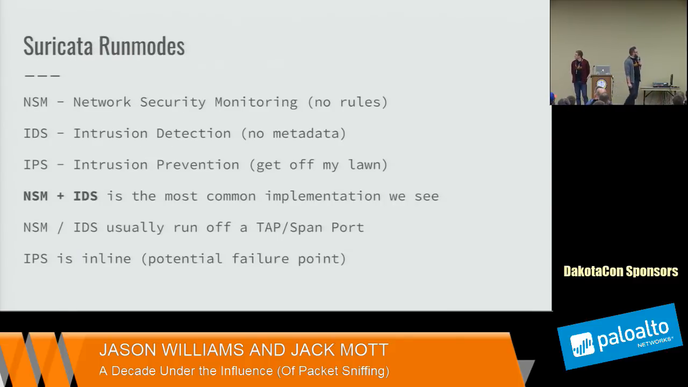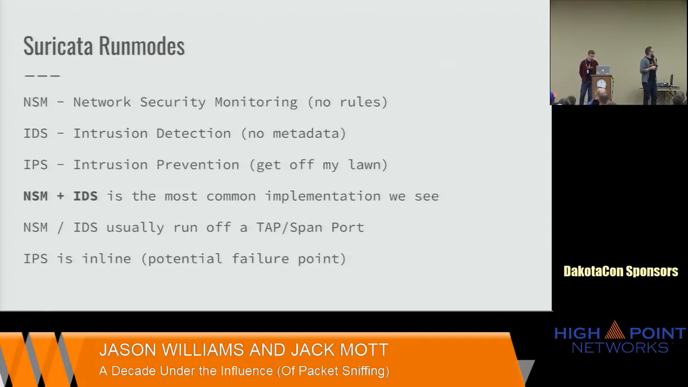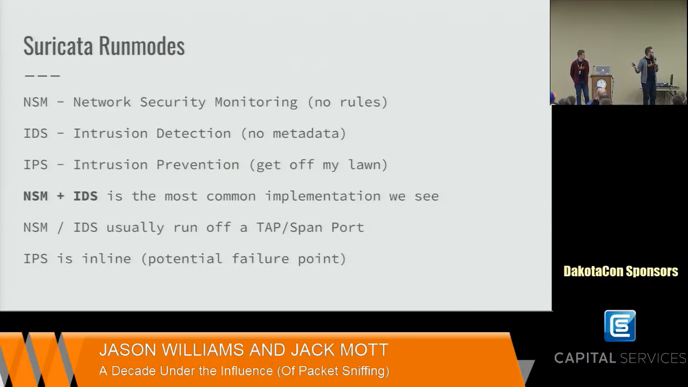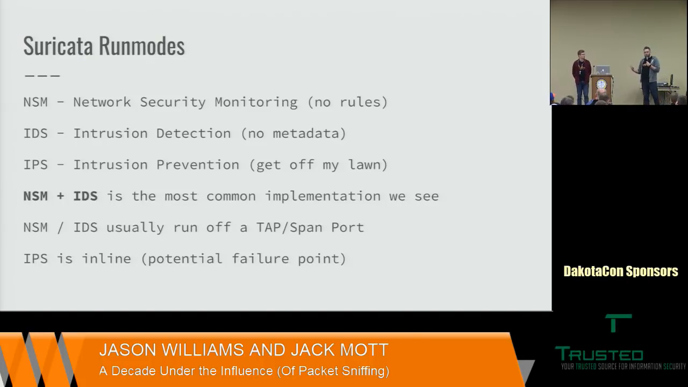So the run mode: Suricata is a network security monitoring tool. You can run it without any rules, and it'll print out lots and lots of information about the HTTP traffic it's going to cross, DNS traffic, TLS, all sorts of stuff, SMB now. You can run it in IDS mode, so you don't get all that metadata. All you're going to do is fire off on rules, like the typical IDS. Intrusion prevention has to be inline. NSM plus IDS is the most common implementation we see, where you're firing off on your rules, you're generating metadata about the traffic you're seeing,